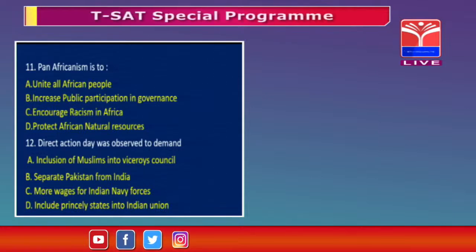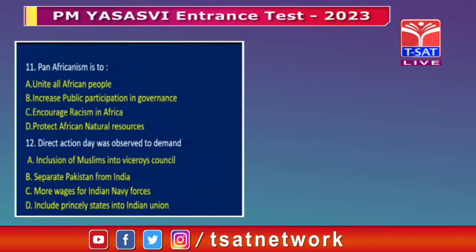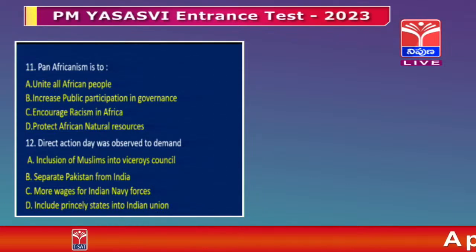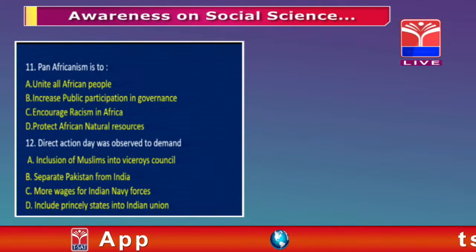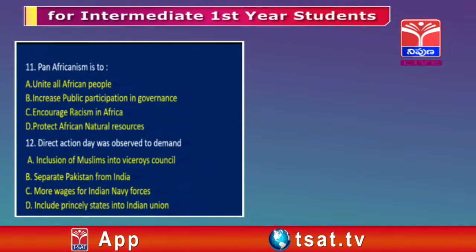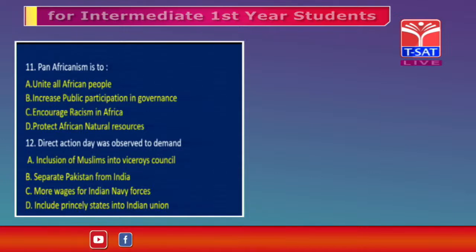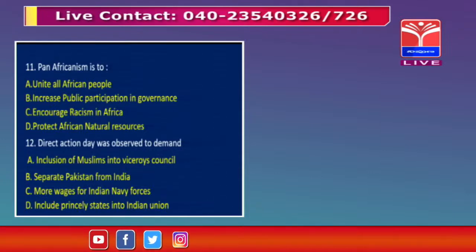The ill treatment of the white race people over the blacks is called racism. So, discrimination between whites and blacks. And protect African natural resources is the last option. So Pan-Africanism is to unite all the African people